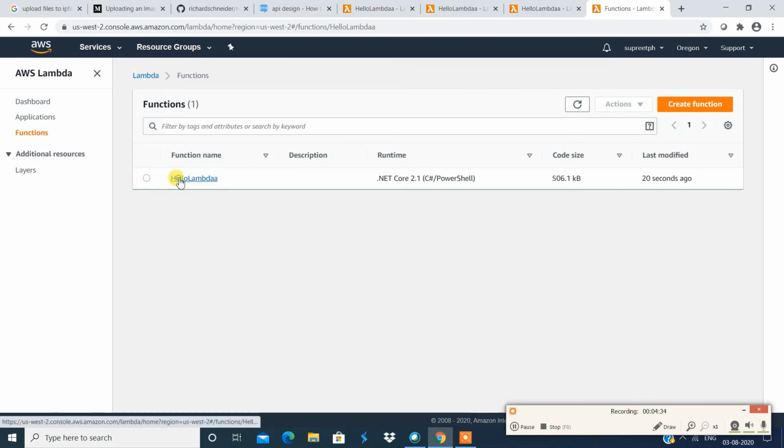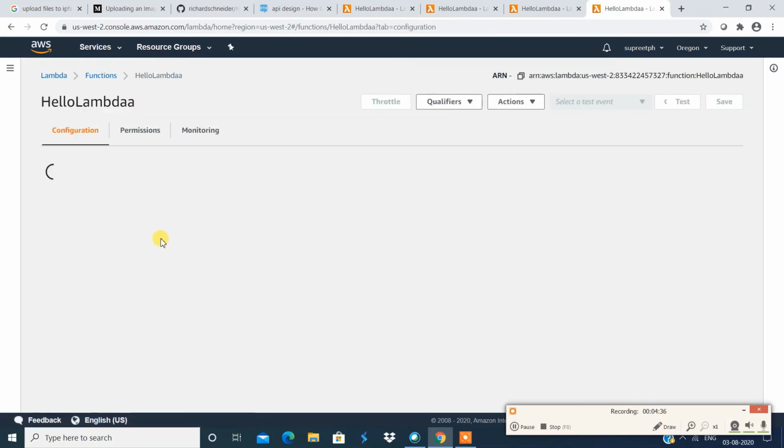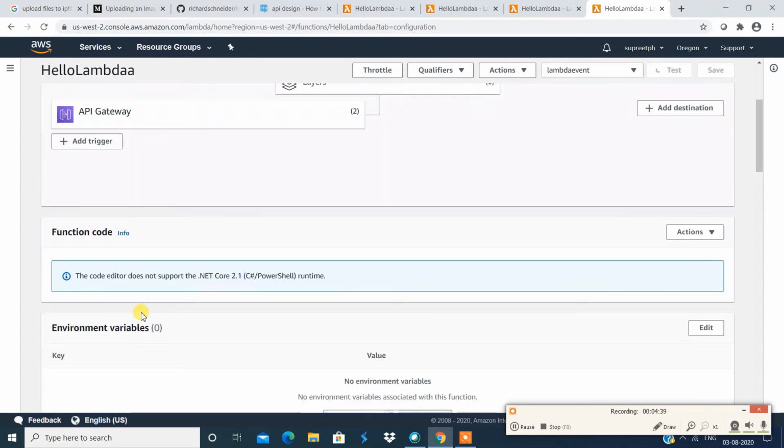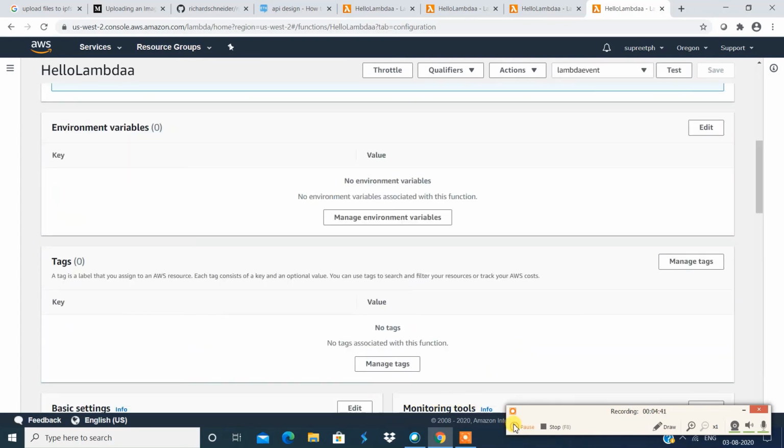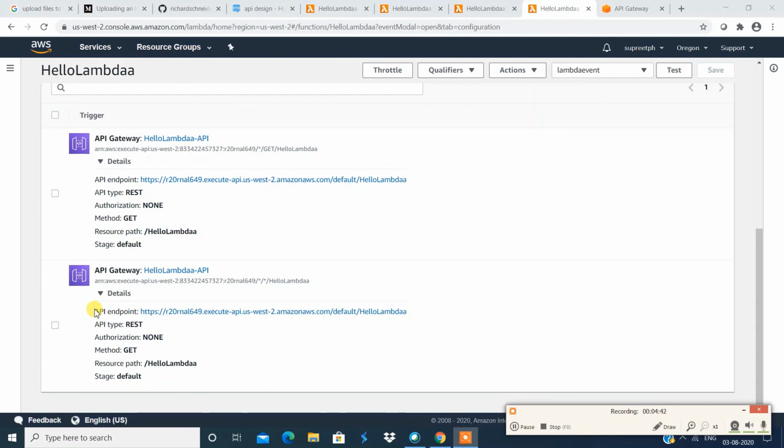So I'm gonna click on this function name and see if it's made available to consume. So you can see the endpoint. Once you click on the endpoint, you can see on the browser you will get the message, the body of the message, and the status code. So now it's made